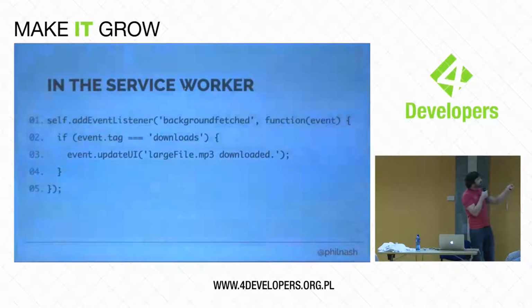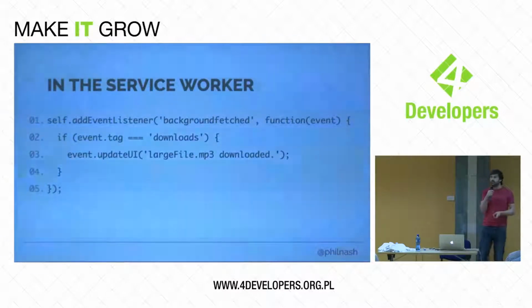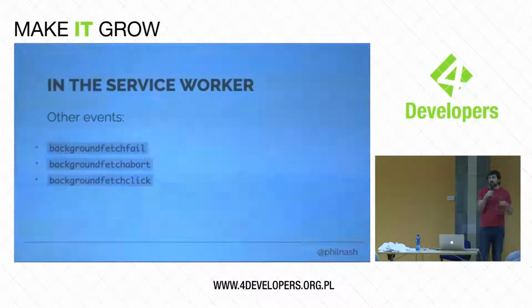And in the service worker, background fetched is the successful result of fetching all of those URLs or request objects. And you can use event.updateUI to tell the browser UI everything's happened. So I think that's quite cool. And there's some other events like background fetch fail if one of the list of URLs or requests fails. Background fetch abort if the user cancels it. Background fetch click, which, in the example of downloading a podcast in the background, you could maybe take the user to that podcast page in your application, whether it's downloaded or not.